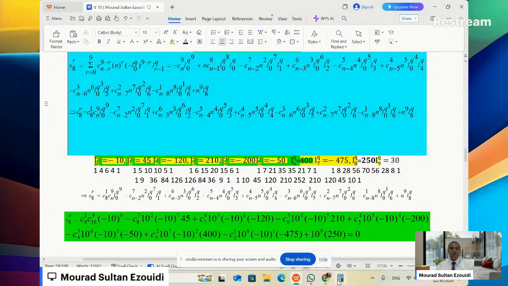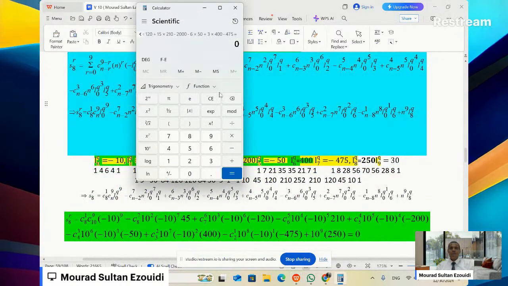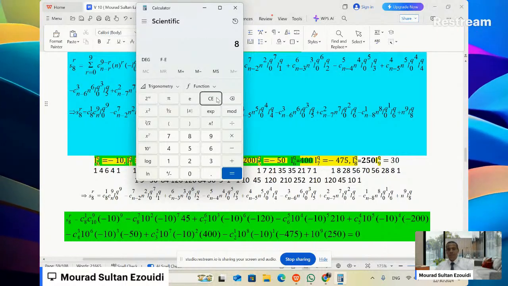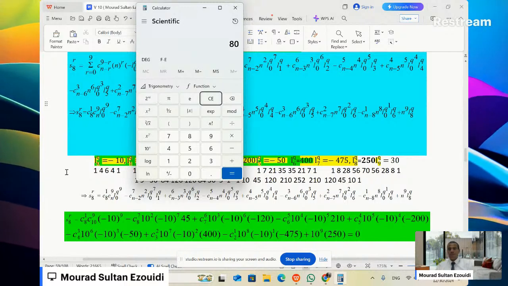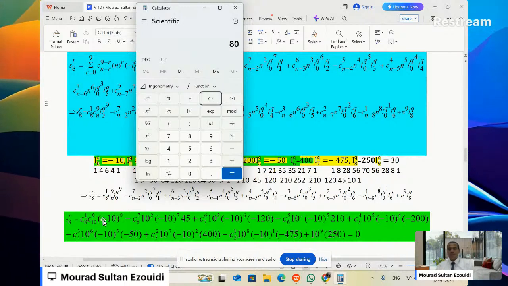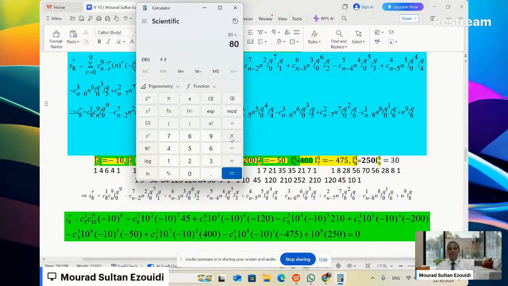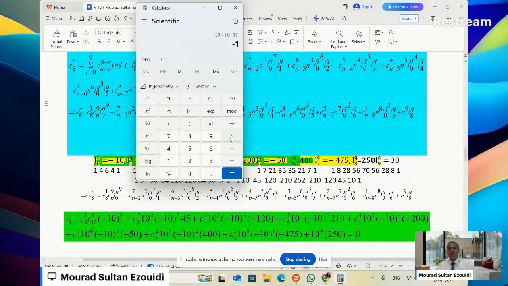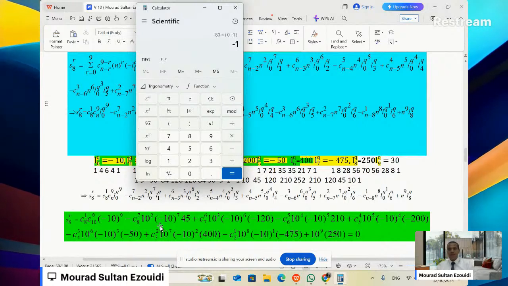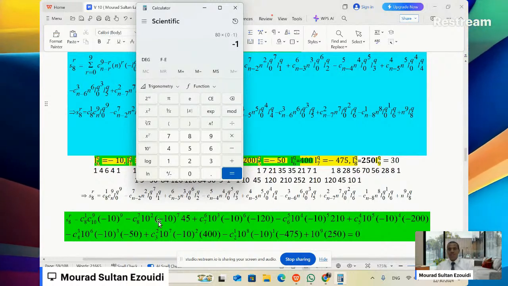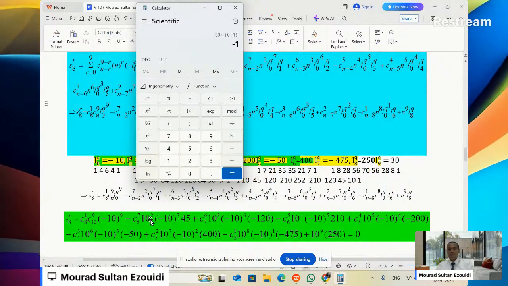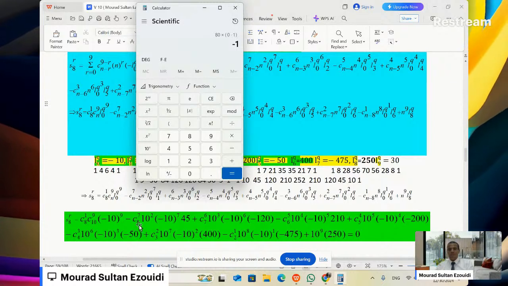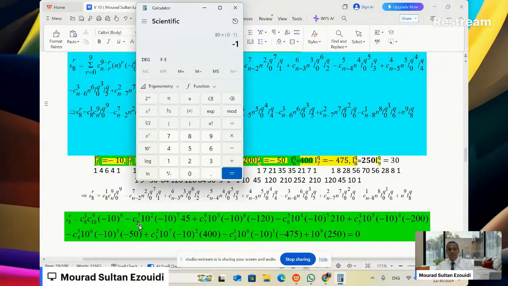I will use the calculator, everything raised. So we have 8 times 10, which means 80. There is a negative sign, multiply by negative 1. Then minus multiplied by minus. You see, 10 squared times 10 raised to the power 7 is 10 raised to the power 9. It's coming after them, no need to add it. Then it will be